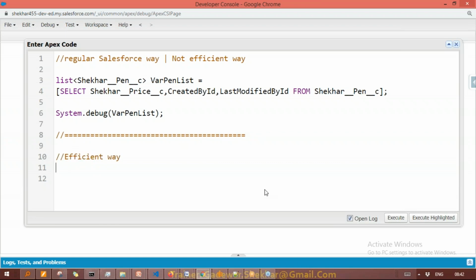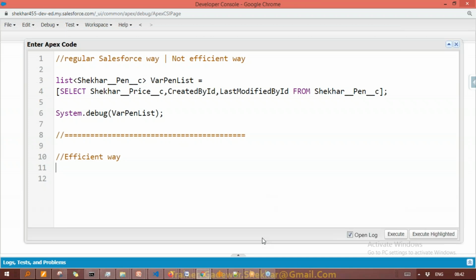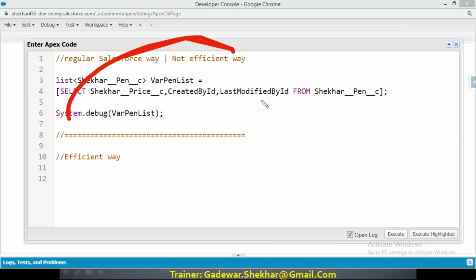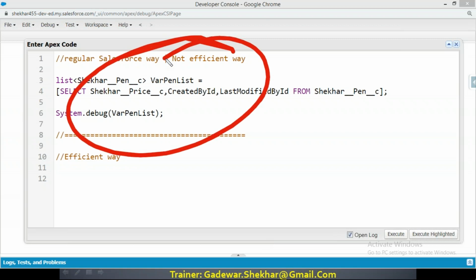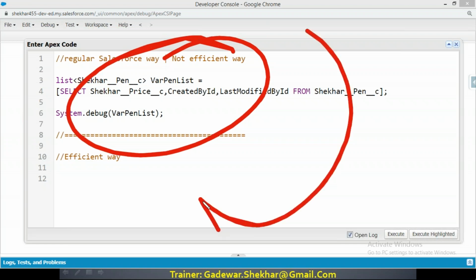For the efficient way, you have to write some extra lines of code, and that's only one time. That's okay, it will take 1 minute extra, 2 minutes extra for you to write these 4 or 5 lines of code. But that code now you can use for a lifetime, and every time you can spend only 2-3 seconds. Otherwise you have one option: spend 30-40 minutes like this by going with the traditional approach. Every time waste your 30-40 minutes. Efficient way, spend hardly 2-3 seconds and get the solution. So let me tell you what that is.